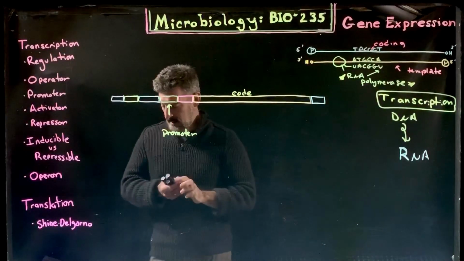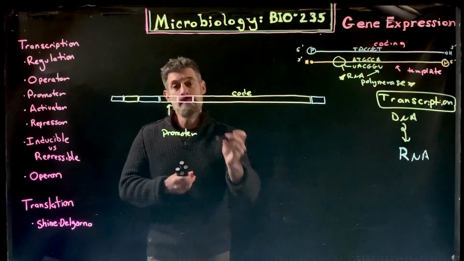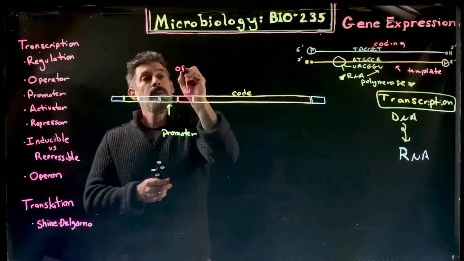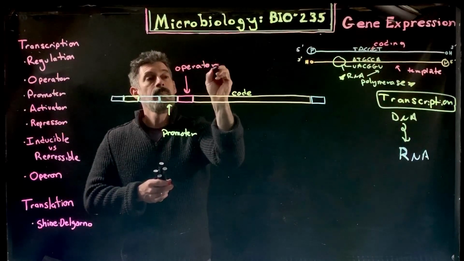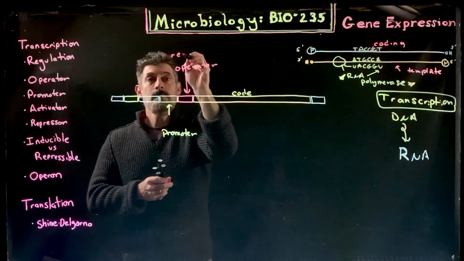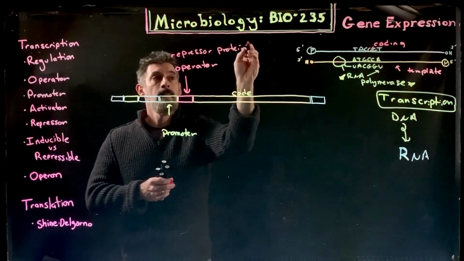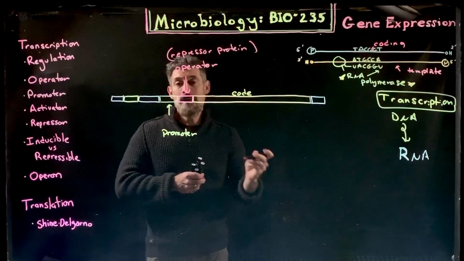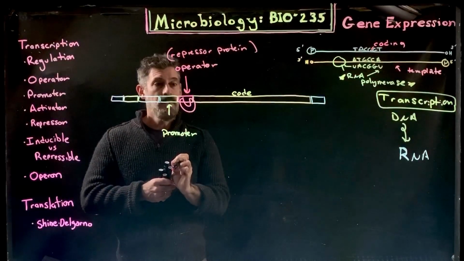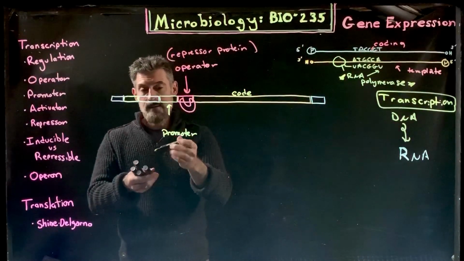So a promoter is that region in the DNA. Now what we can have, in addition to that, is a region here, also before that code, called an operator. This is a region where certain repressor proteins can bind. And the repressor protein may or may not bind there. So you may have a repressor protein attached to this operator, and that means that when the RNA polymerase comes in to bind to the promoter,